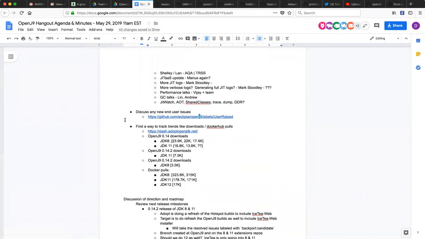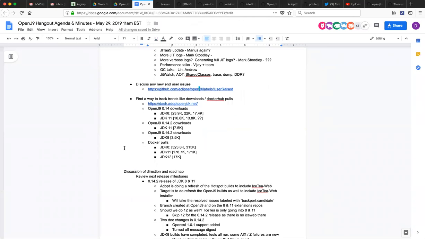In terms of stats, I went and looked at the Adopt dashboard and pulled down the latest numbers for the various releases. So we are seeing sort of slow and steady increases in our download numbers for both 8 and 11, being split somewhat across the multiple releases we have at this point.